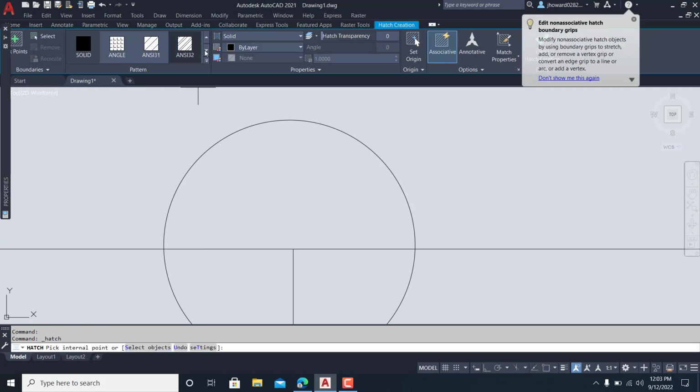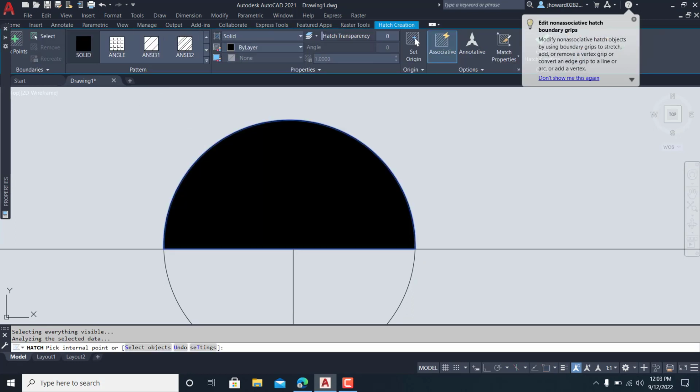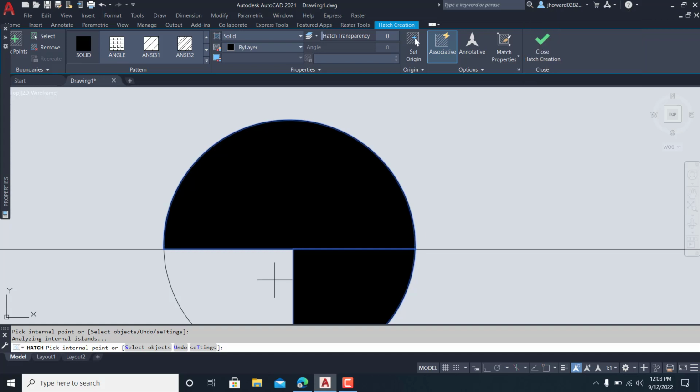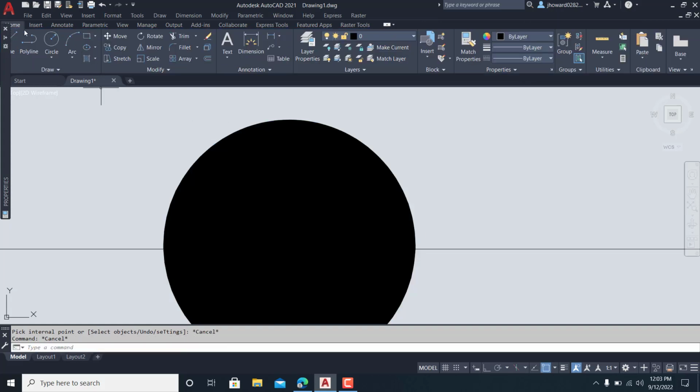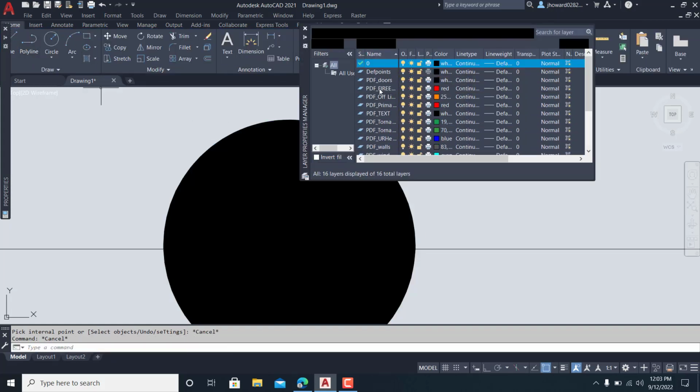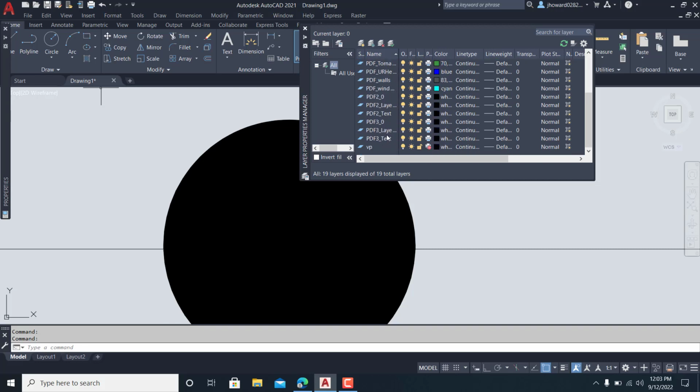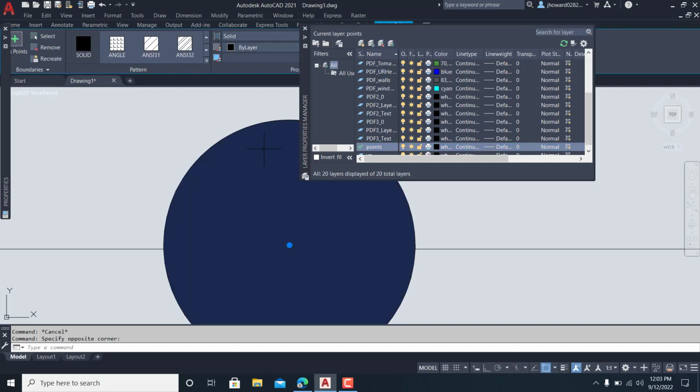You guys go in there, make it an appropriate layer. Go in there and make yourself a new layer. And you've got your PDF, all these different things in PDF that it brought in. I always make myself a new layer. I'll call it points. And that's totally fine. Just make sure that you know all of your points